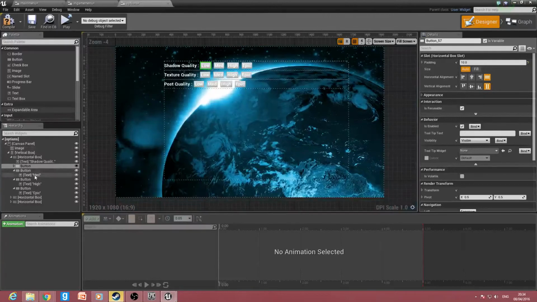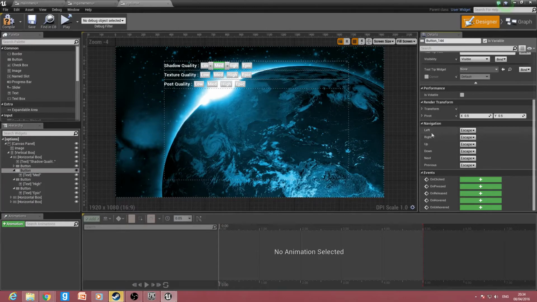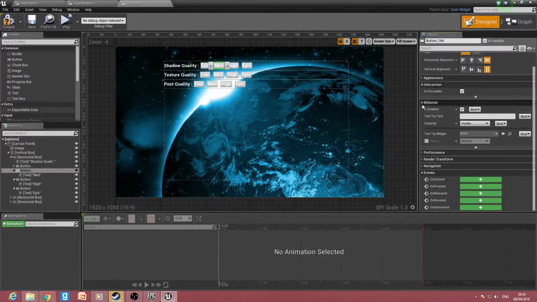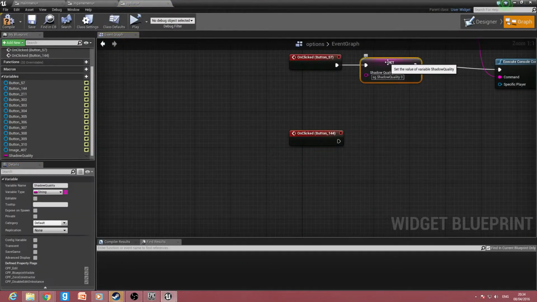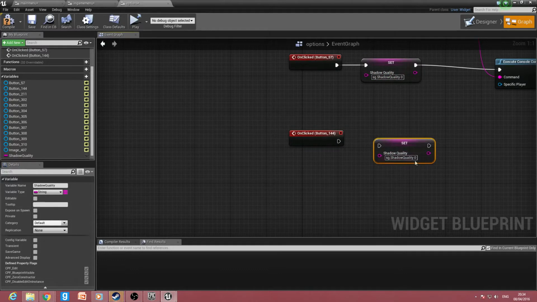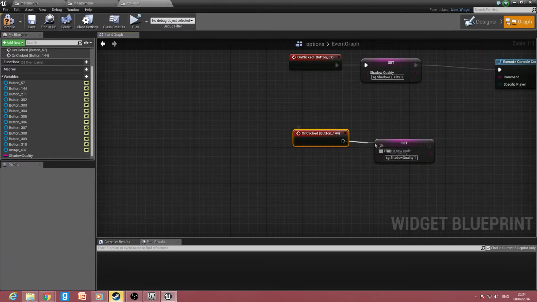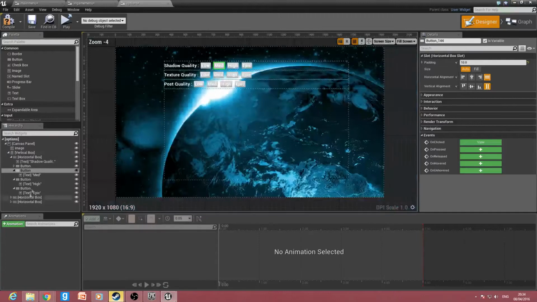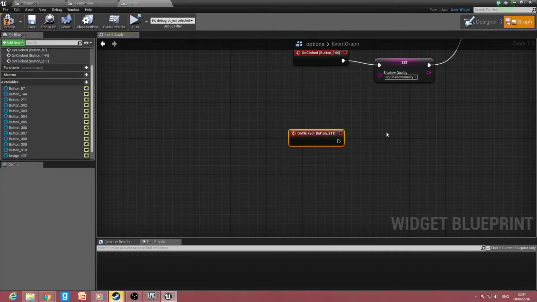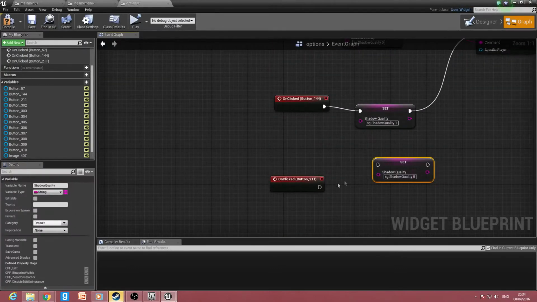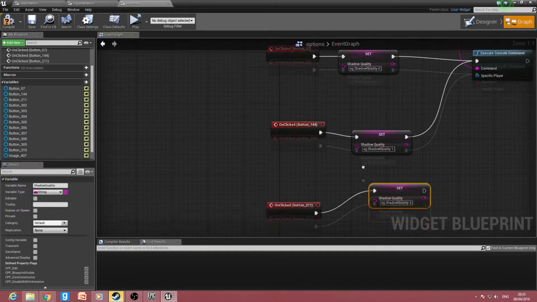So if we go on to our next button, and we go down, actually, can I just do this and do it for everyone? There we go. And then click on collect. We could actually just copy and paste that, so Control C and Control V to copy and paste. And then you want to connect that up, and you want to go back, select the next button, and click on collect, and then you want to paste that again, and I'll drag that over, and you want to change this one to a 2, so it goes 0, 1, 2, and then a 3,